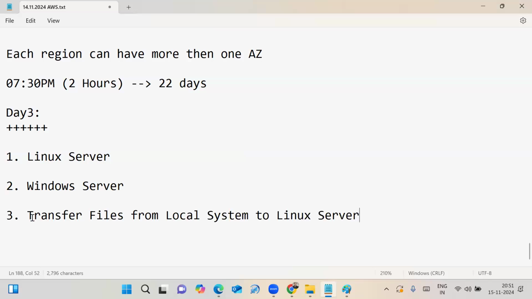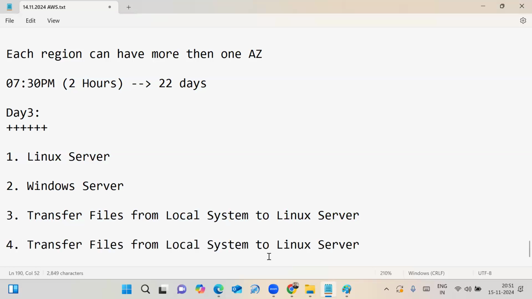I will also explore how to transfer files from the local system to the Windows server. I will cover these concepts tomorrow so that both batches are equal.